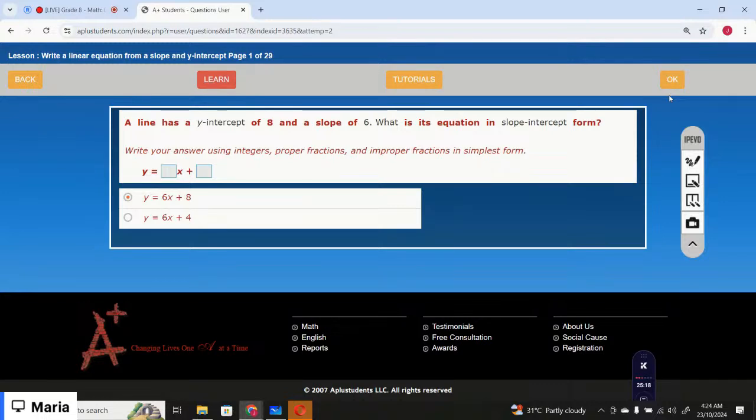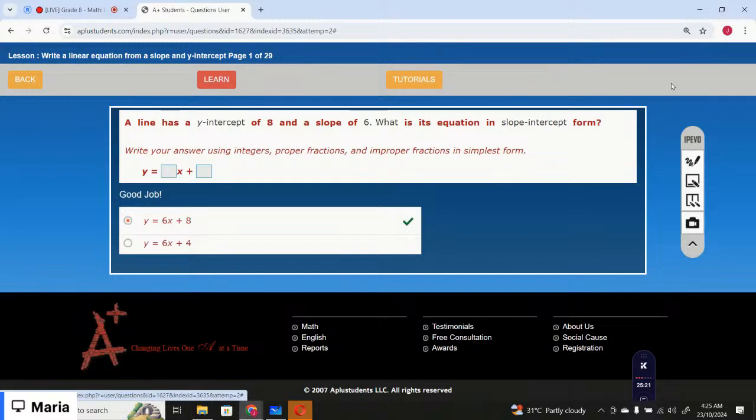That is y equals 6x plus 8. Okay, the next one is